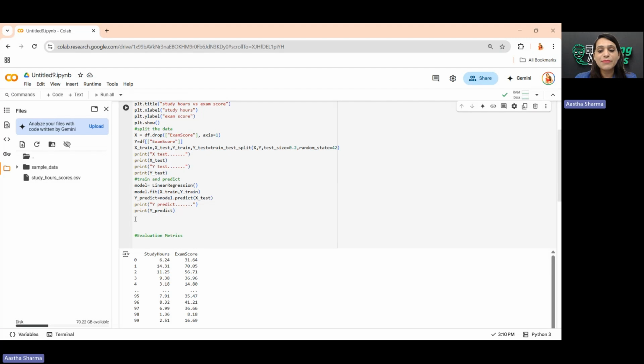Now is the time to calculate what is the actual and the predicted. So we are going to compare both the values. So let me quickly create a comment. Compare actual and